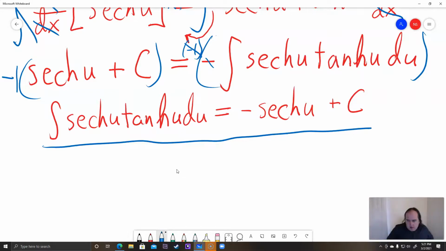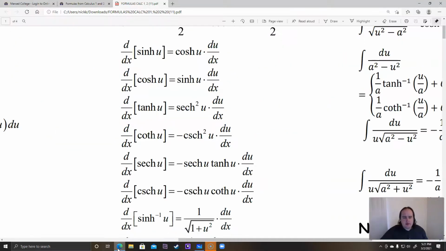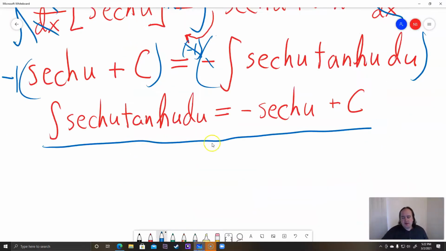If you're familiar with these, you might be able to just do them in your head, because really all we did with this formula is start on the right side and work to the left side. The only difference is there's a minus here, so you just have to move the minus to the left side and then you've got the integral. It's an important thing to realize, the primary thing you need to remember,